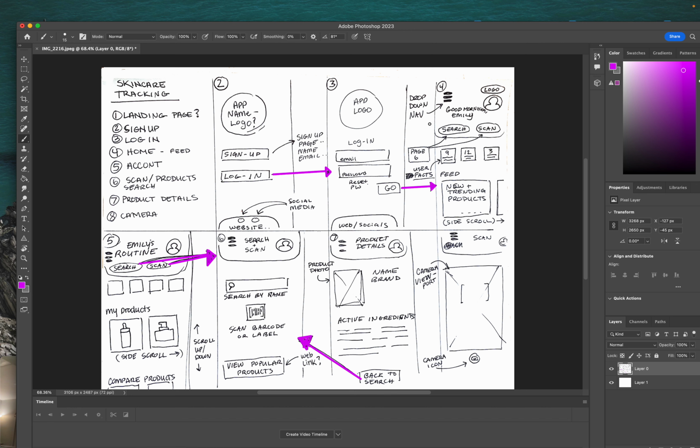And then for this app in particular, I want it to have a search and scan function where we're scanning products. So I'm putting that up top, and this is going to take you to page 6. Maybe there's some feed about new and trending products on this home page. And then of course my account page, which again, I'll have that search and scan function right up top,